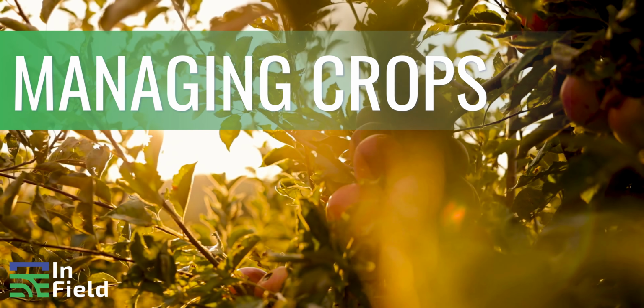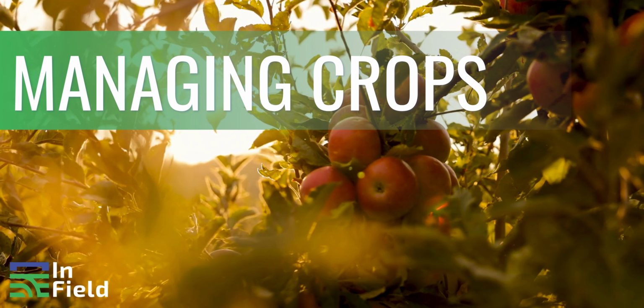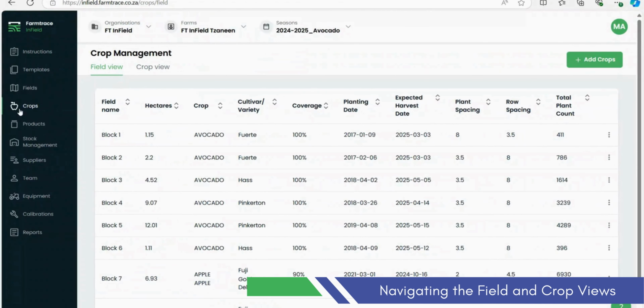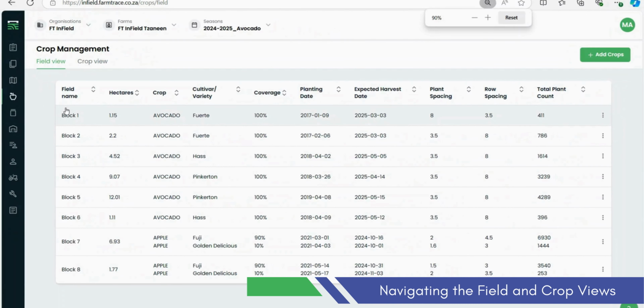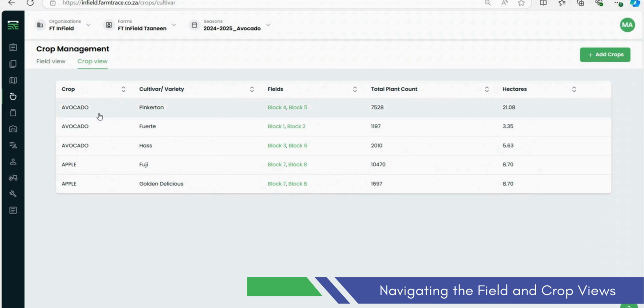In this training video, we'll guide you through the steps to add a crop in the InField system. You can add your crops by navigating to the Crops section in the left sidebar. In the field view, you can see detailed information for each field, giving a comprehensive look at field data. The crop view displays crops by cultivar and variety, along with the fields they are planted in, for efficient crop